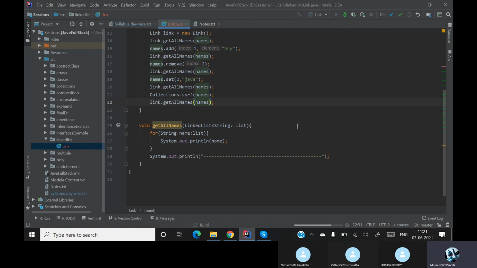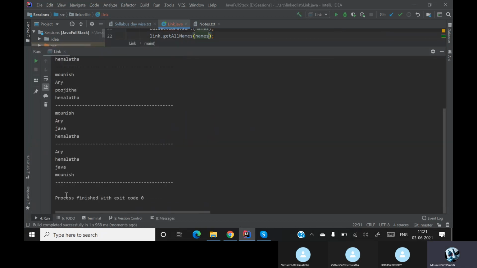Now if you see over here, everything is sorted in alphabetical order. Got it? Yes, sir. Okay, this will be basically our sorting with the help of collections.